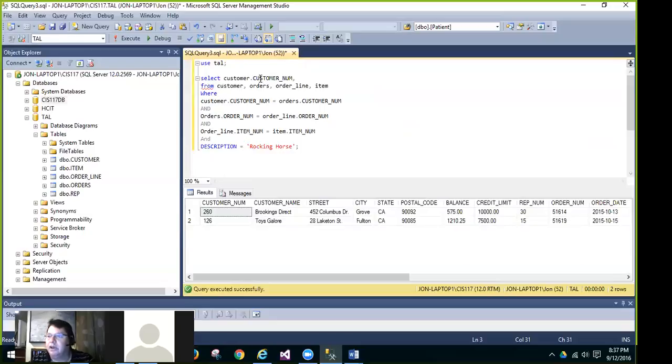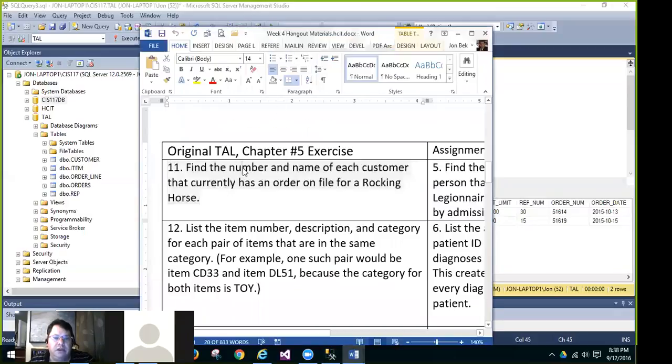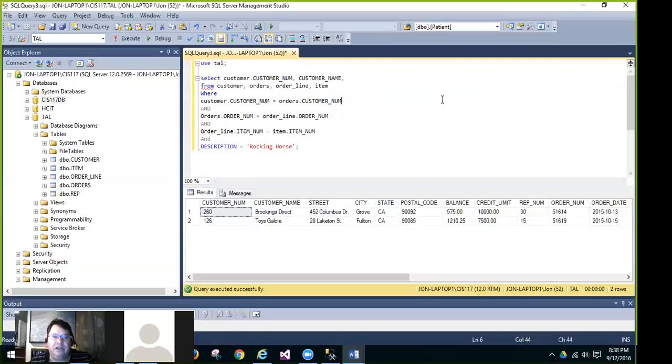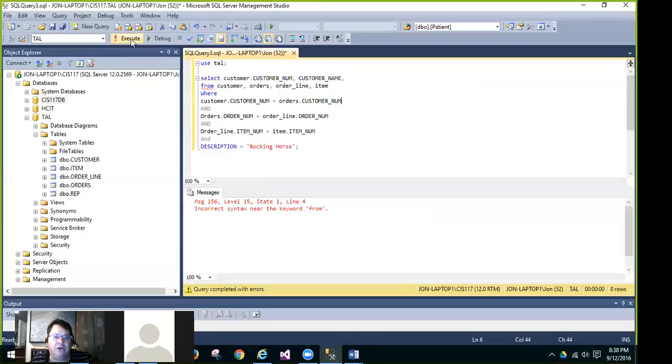It's just exhausting. And then we want the customer name, and let's see, was that it? Check our statement again. Find the number and name of each customer. Okay, so it doesn't even have to show us the rocking horse. It just has to give me the number and name of customers that have a rocking horse on order, and extra comma,